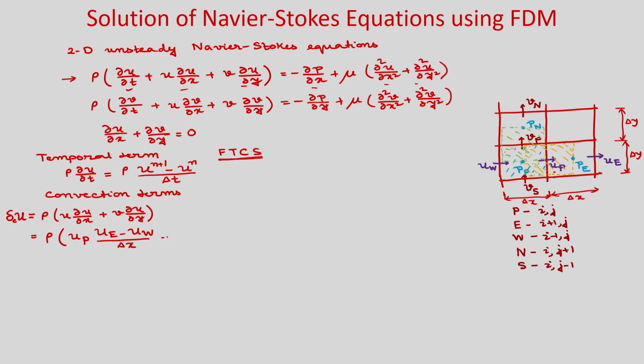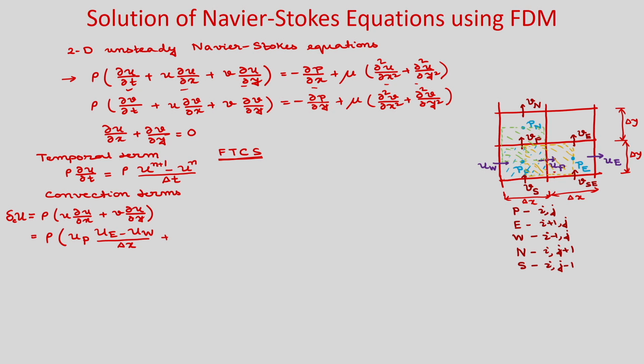And for the second one, now V at this point, in the center for this UP cell, V is not available. So, V you have to interpolate. So, from where will you interpolate? You can see here you have V, so this is your VP, this is your VE, and this is your VAC, right, southeast, V southeast.